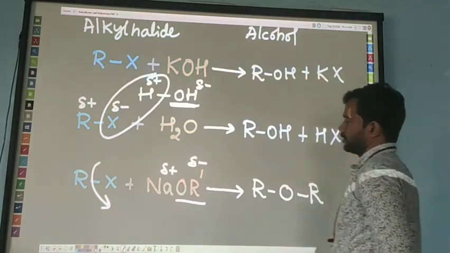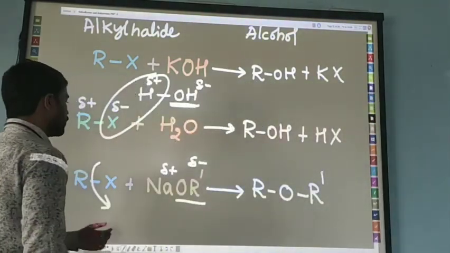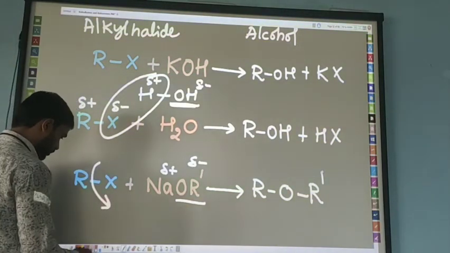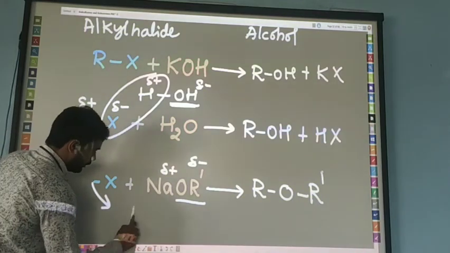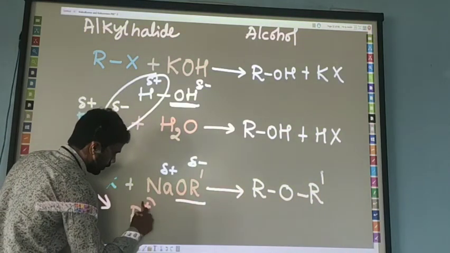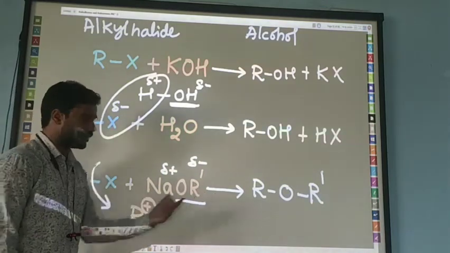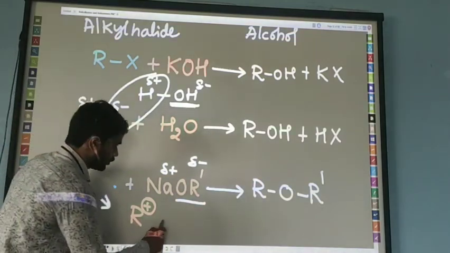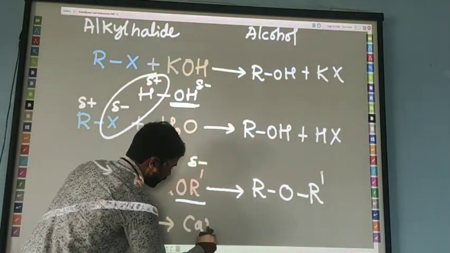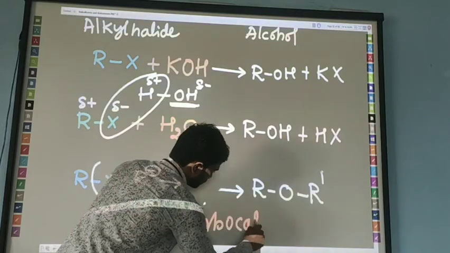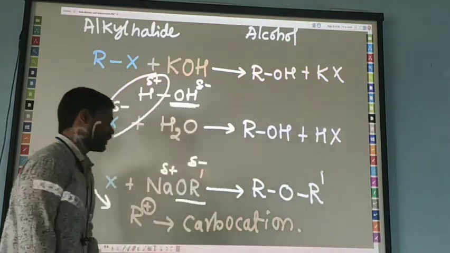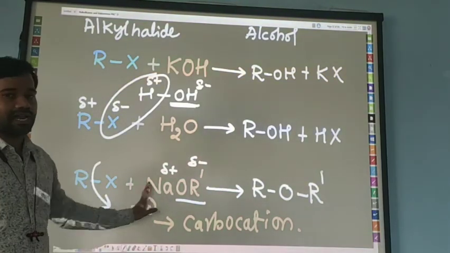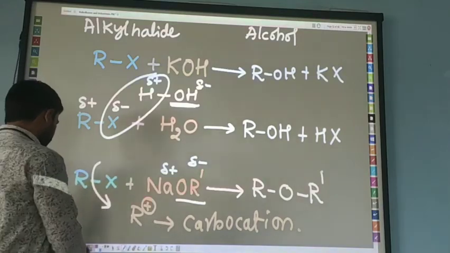We have to note what is going to form here after the breaking of this bond. Let me try for you. If any reaction is going to generate a positive charge, before it reacts there is a formation of carbocation on the alkyl group. In a nucleophilic substitution reaction, the carbocation generation is possible before the attack of the nucleophile. Let's see next.